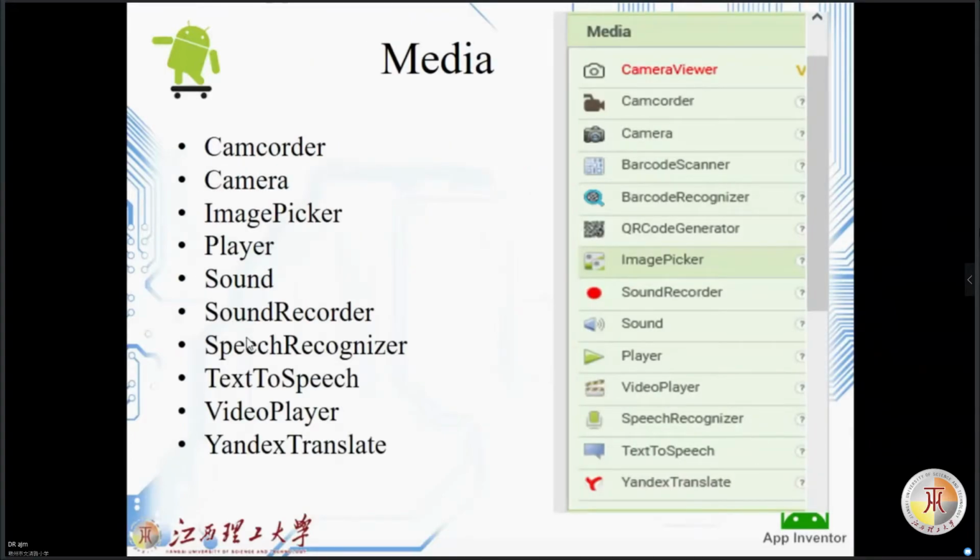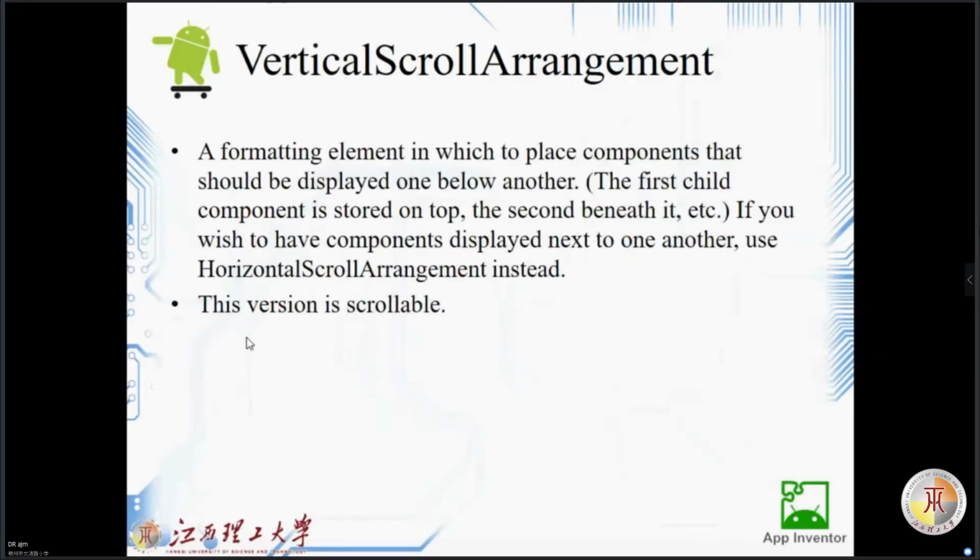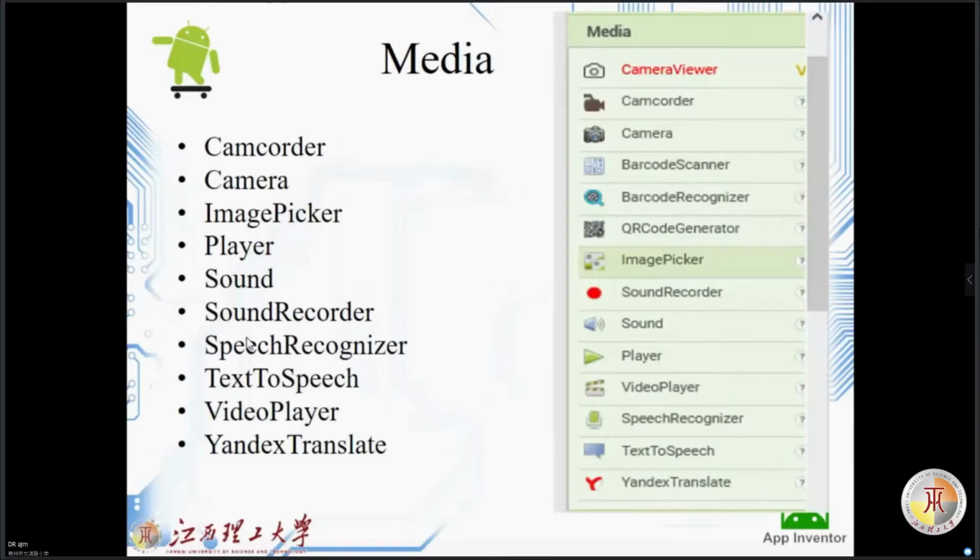This part was about the alignment and layouts of the design. Okay, till now we finished the user interface as well as this layout arrangement. Next part, which is also, I can say, a fantastic part for App Inventor,